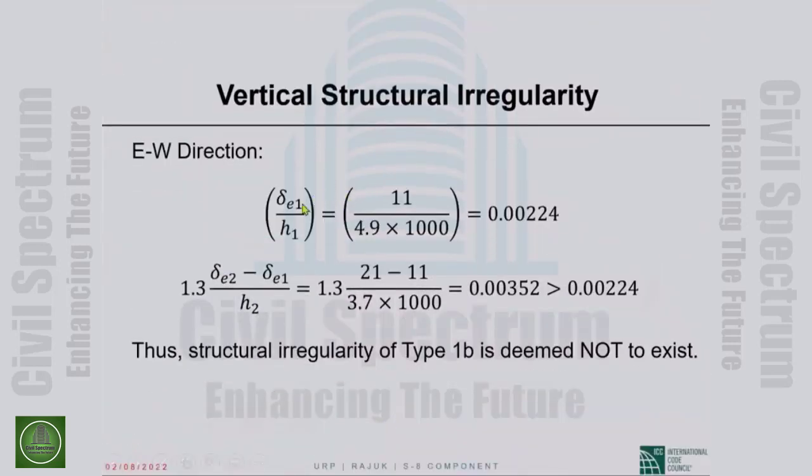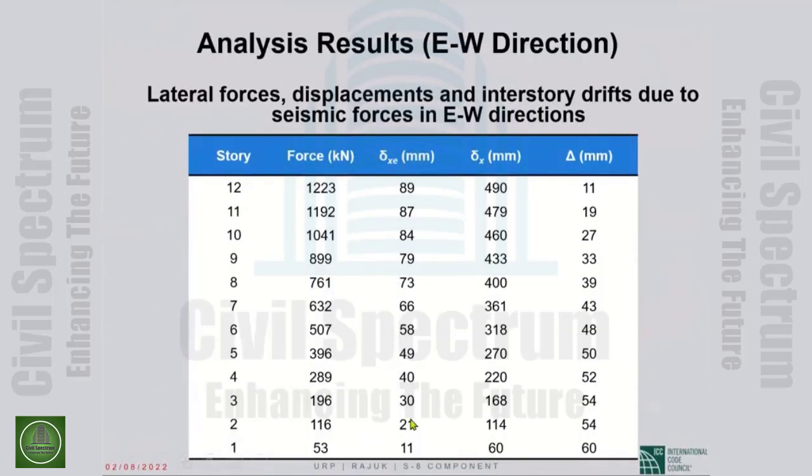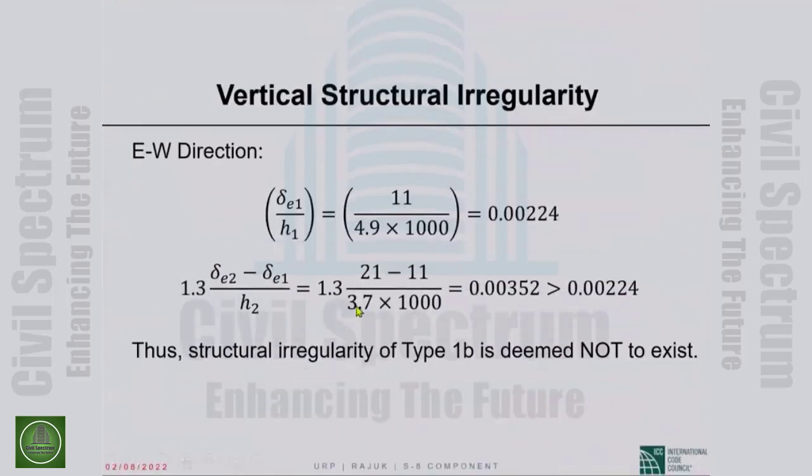Okay, so delta sub E1 is 11 divided by H1, 4.9 meters. That is 0.00224, and 1.3 times delta 2 minus delta 1 by H2. This is 21 millimeters here, minus 11 divided by 3.7 meters. That gives you 0.00352. This being larger than that, or this being smaller than that, we do not have to